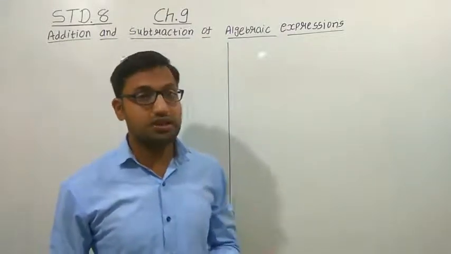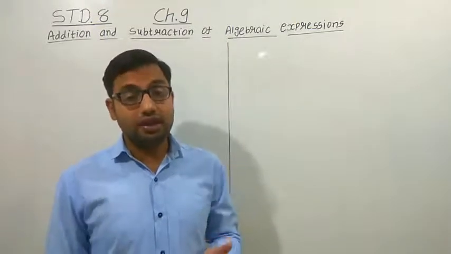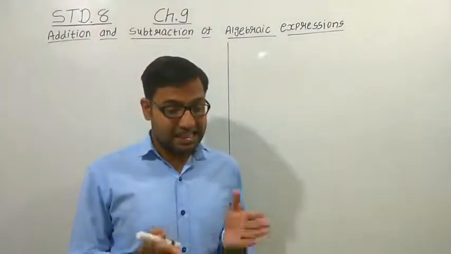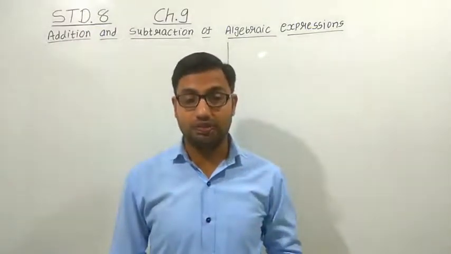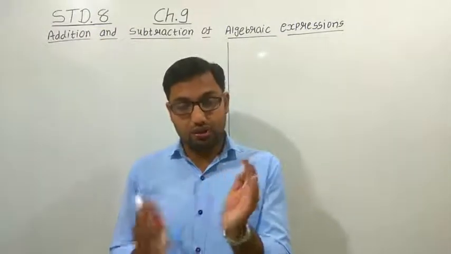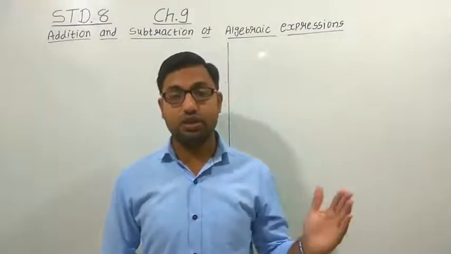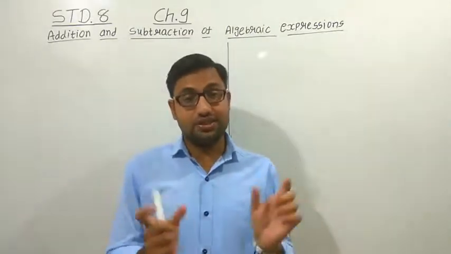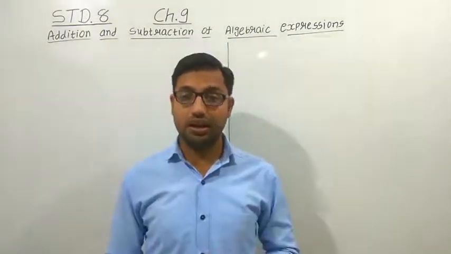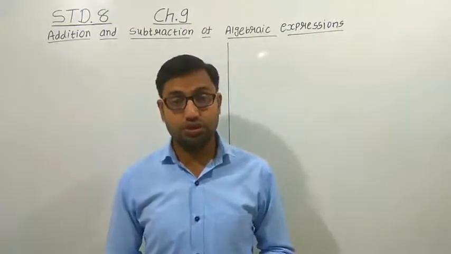See, if there are digits, then it is very easy because they are digits. But here, the thing is that an algebraic expression is made by constants and variables. So that constant and variable together make one term, and if there is a positive or negative sign, then there is another term. So the terms are differentiated by the positive and negative sign. So how we can add them, that we have to study today.